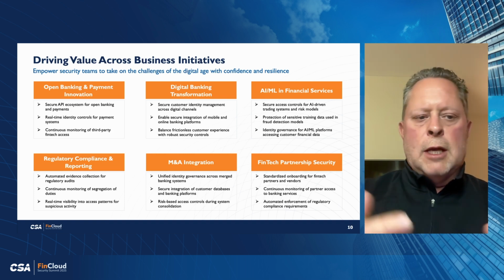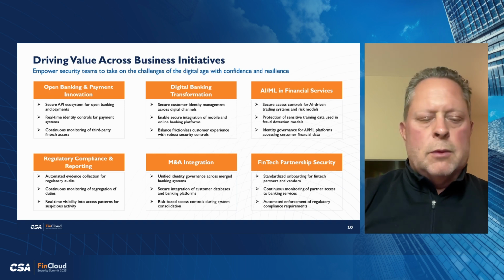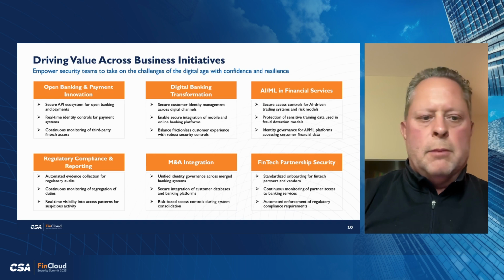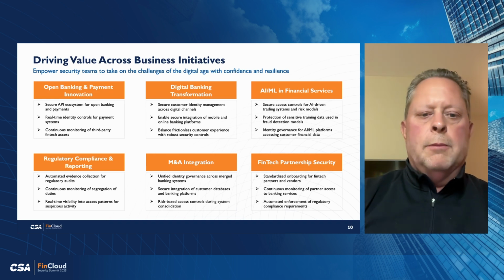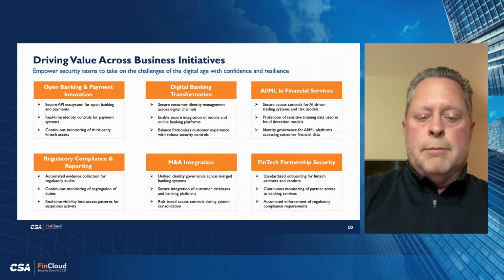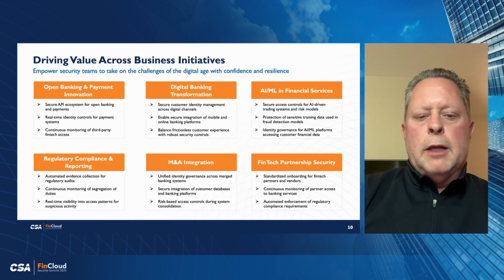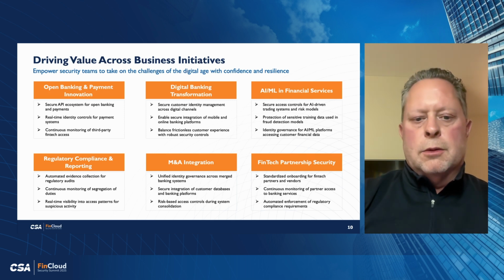So when you think about, for example, some of the open banking and payment innovation that we're seeing, the connectivity that we need, all of that requires a new way of looking at permissioning. Think about the digital banking transformation that's going on, the ability to deal with customer identity versus just employee or workforce identity. The numbers are obviously much, much higher. And you want to be in a position to offer and build the right level of experience and the optimal experience, which shouldn't be burdened by all sorts of account checkpoints and access checkpoints if they're not necessary.